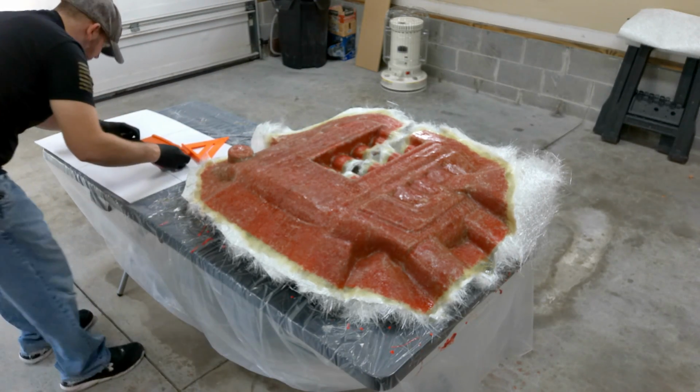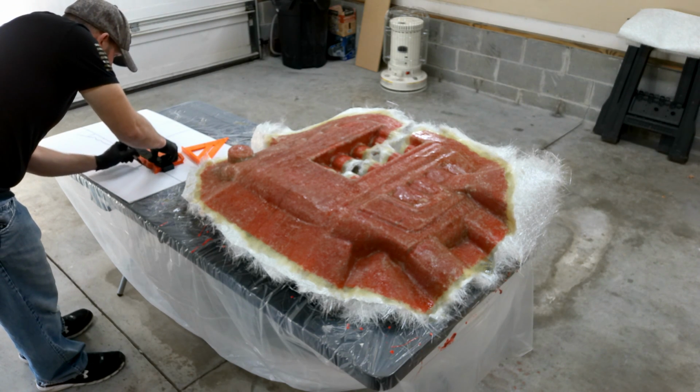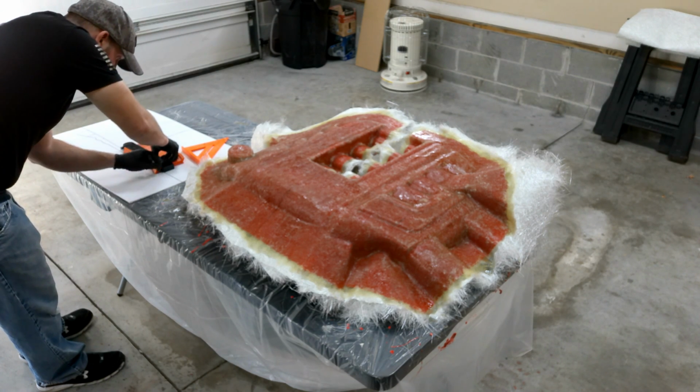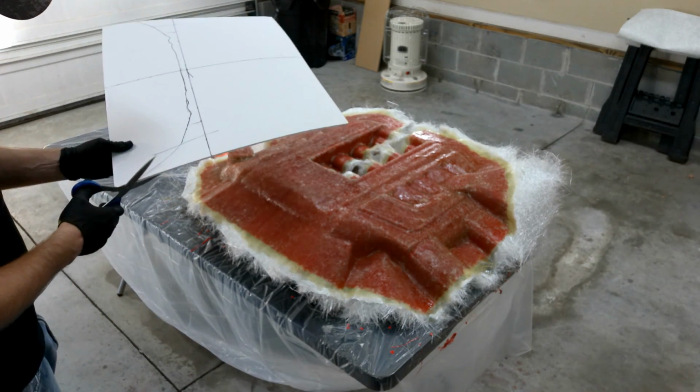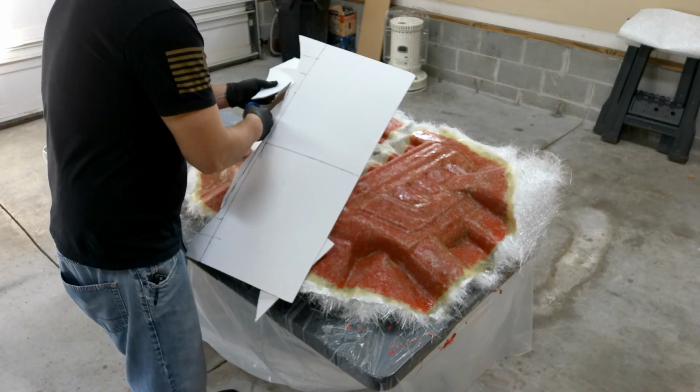And I'm going to do the same thing on the other side as well. Trace that out with my marker. And yep, that looks about right. Now let's go ahead and take some scissors, and I'm going to go ahead and cut out the same shape on a foam board. The whole idea is if I can get the shape right on this foam board, then